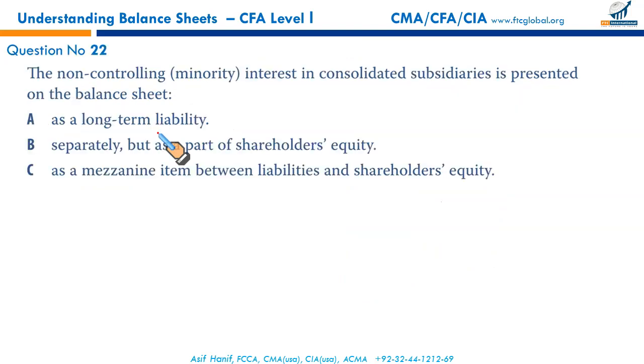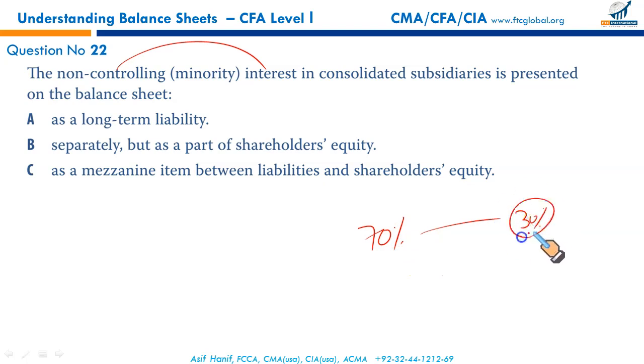Next. A non-controlling interest, this is a new name. This was the old one, minority interest. We used to use it about 12 or 15 years ago, but this is the term used now, non-controlling interest. You purchase 70% of the stock of the company, and the 30% which you couldn't buy, or which you intentionally or unintentionally didn't buy, is called non-controlling interest, and you hold the controlling interest.